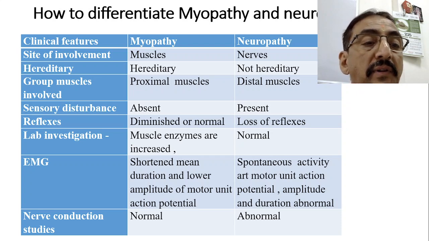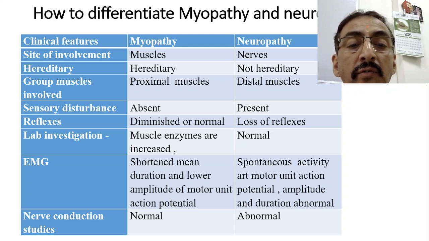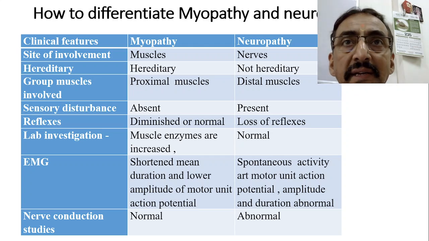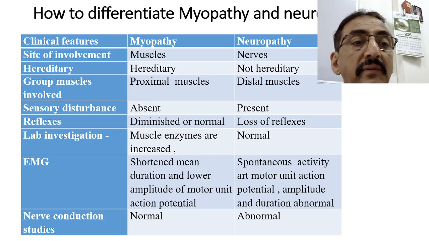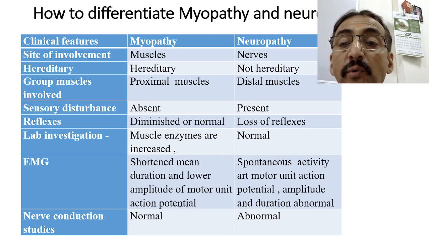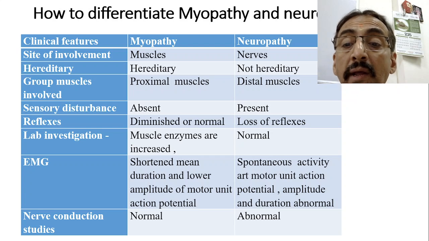Okay, whereas in myopathies, when you do an EMG, there will be shortened mean duration and lower amplitude of the motor unit action potential. That means the muscle is degenerated, therefore it is not able to generate that energy. Okay, therefore everything is lower. But in neuropathies, when you go for EMGs, there is spontaneous activity, and the motor unit action potential amplitude and duration